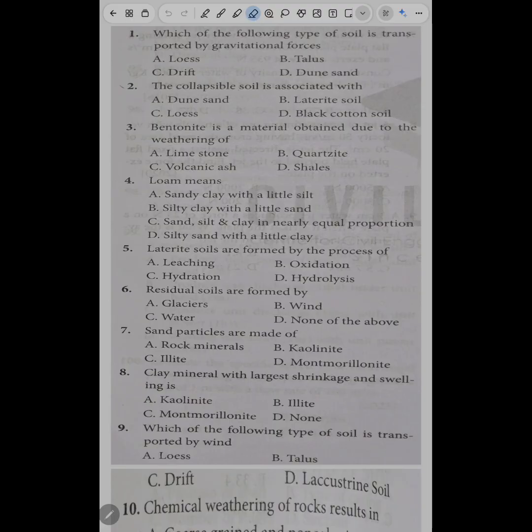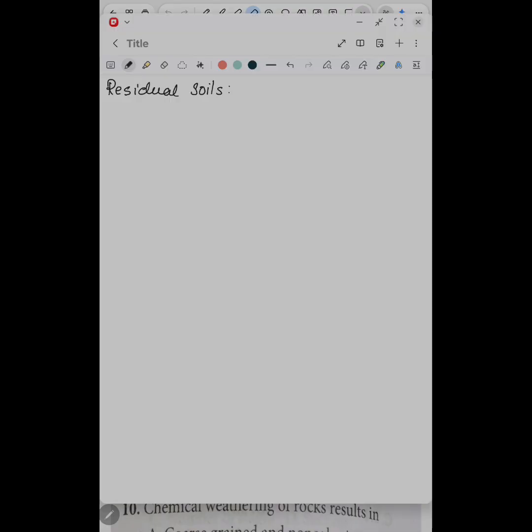So we know that the soil is formed by the disintegration or decomposition of rocks, and as the soil is formed or located at the place of origin, we can say that soils are called residual soils. So residual soils, these are the soils formed at the place of origin itself. Okay, and the examples for residual soils are